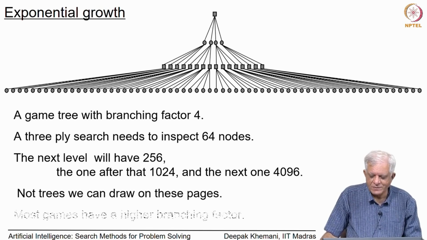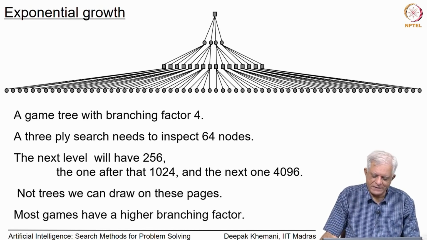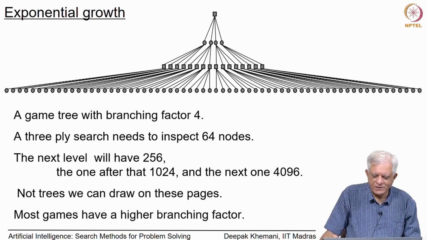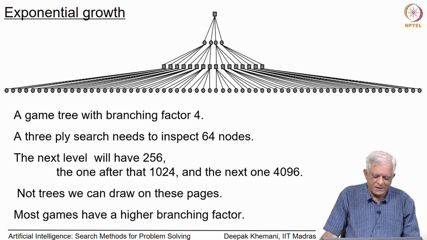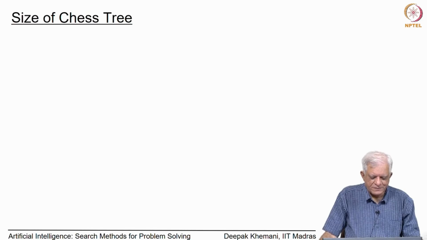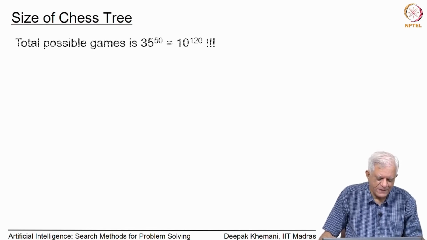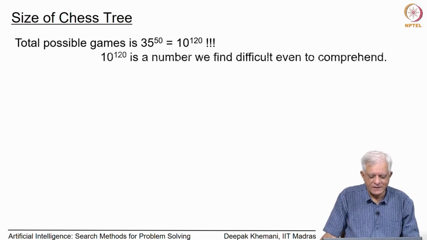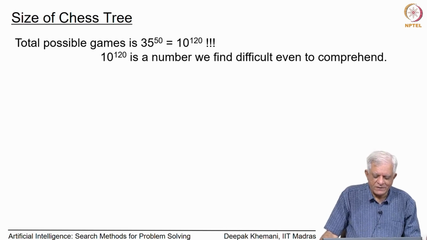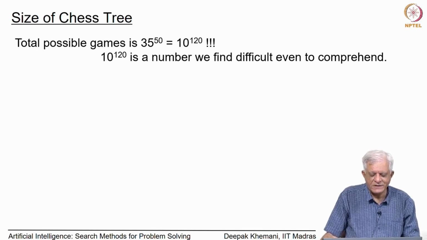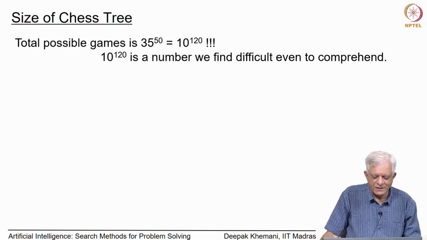Now, these are trees which we obviously cannot draw on these pages, and also we cannot analyze them if they are long games. Long games meaning the number of moves that a game has, and most games, as we have observed, have higher branching factors. So, let us go back to what we said about chess. We said that the total possible games is about 35 raised to 50, which translates to 10 raised to 120, and we said that 10 raised to 120 is a number that we cannot even comprehend. Our human cognition is attuned to the world around us, and numbers like 10 raised to 120 do not make